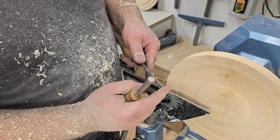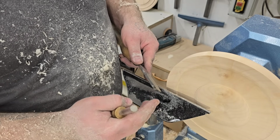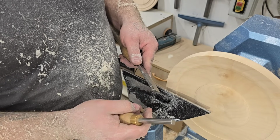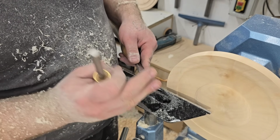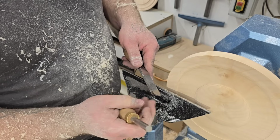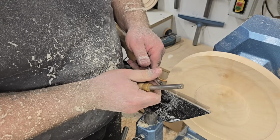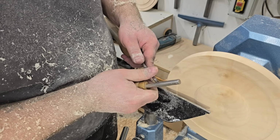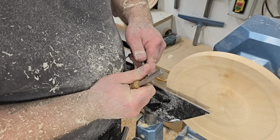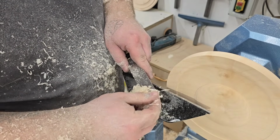You want to have your scraper edge really nice and sharp, much like a knife edge. If it's not sharp enough, or if it's dull or damaged, then no matter what you do, you won't get the result that you want. So it's crucial that it's a nice sharp edge, because now that nice sharp edge, I'm going to roll it upwards like a hook, and that will cut the timber or scrape the timber. I find the primary bevel, raise it a few degrees, and all that it takes is one, two. A couple of strokes, grab a bit of shavings to wipe away